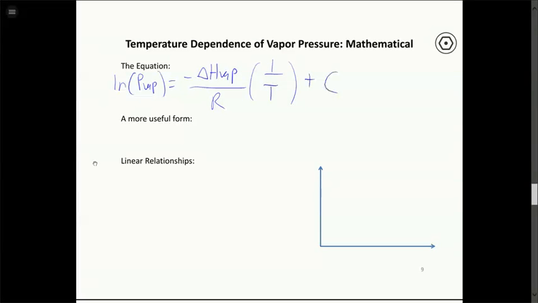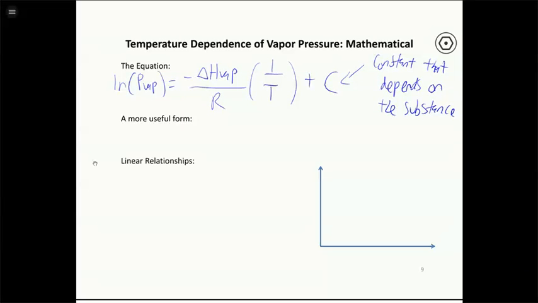plus a constant. All right, so this is the vapor pressure, this is the vaporization enthalpy, this is R, the universal gas constant. As we'll see, we'll use it in joules because it's an energy term. This is temperature in Kelvin, and this is some constant. Now this constant here depends on the identity of the substance. And since this depends on the identity of the substance, and since it's not really very well defined for a